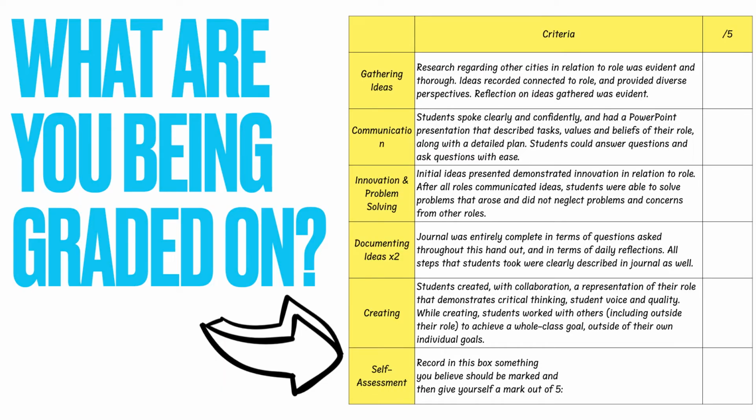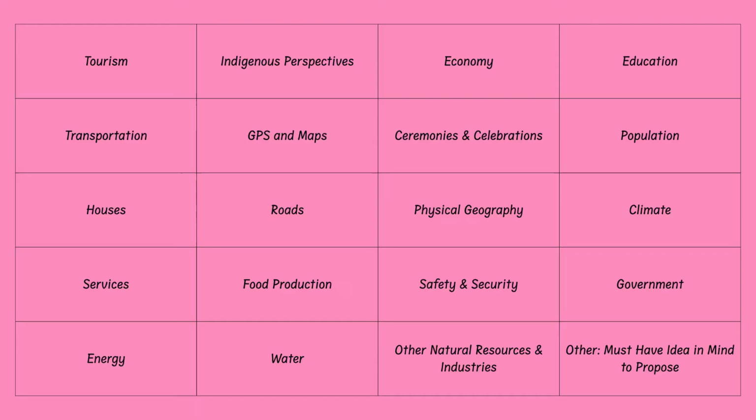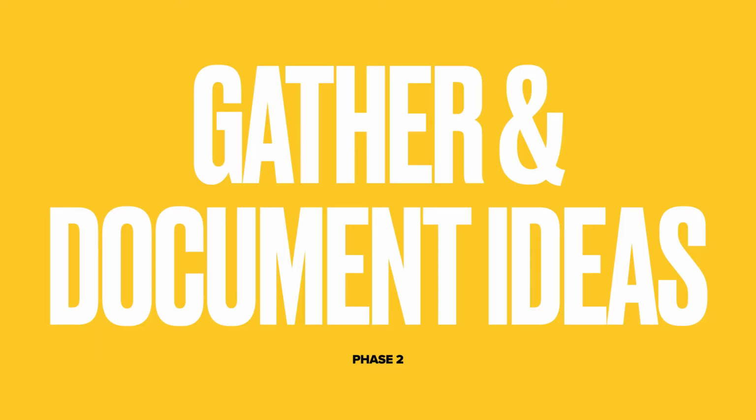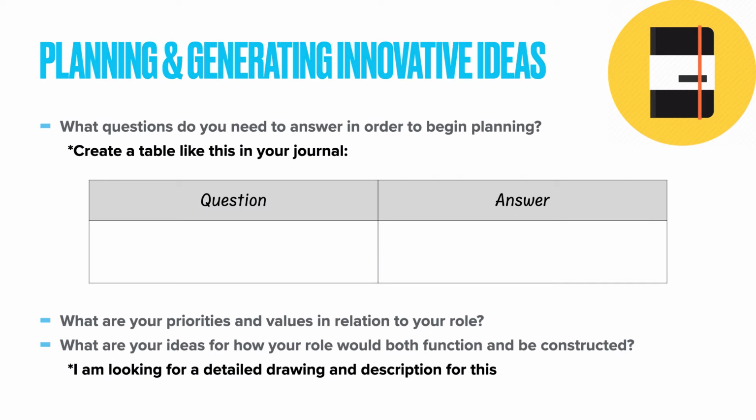Next, I show students what they're being graded on. You can see an aspect of self-assessment at the bottom. First, we assign roles. Students get to choose from all of these different roles, and these will be the perspective they see from in their project. Next, we gather and document ideas, which of course includes research, where students will research 3 different cities in relation to their role. This will help them plan what they present to students as how we're going to build their